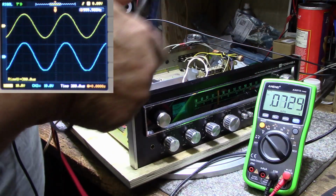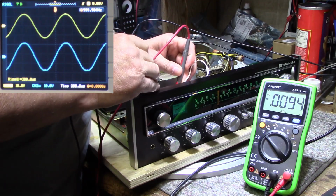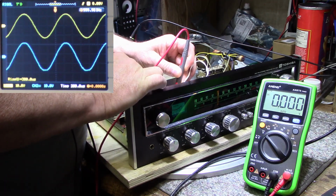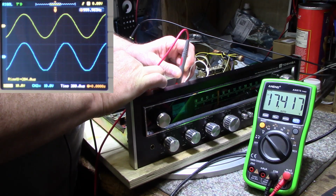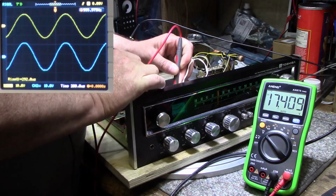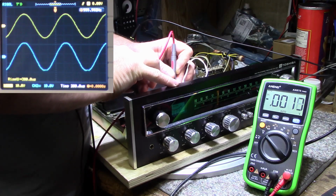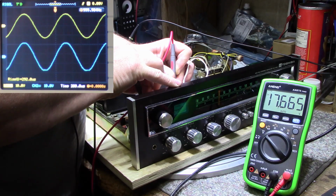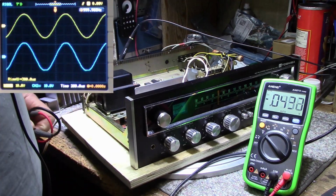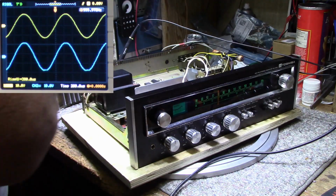Let's check DC voltage. 17, and this one 17.6. They are DC blocking capacitors, so